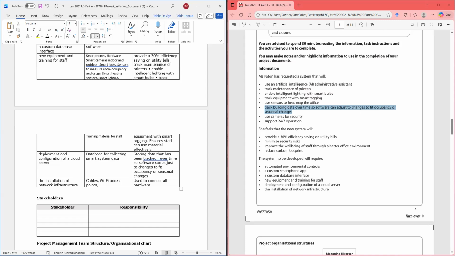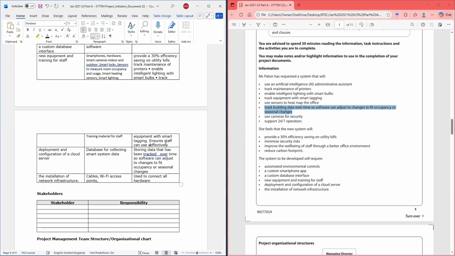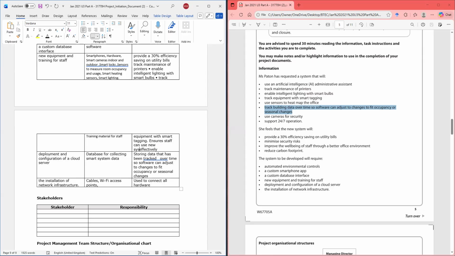Your staff can use the new system effectively and efficiently. All right. So basically, that's what we are going to put for the deliverables.